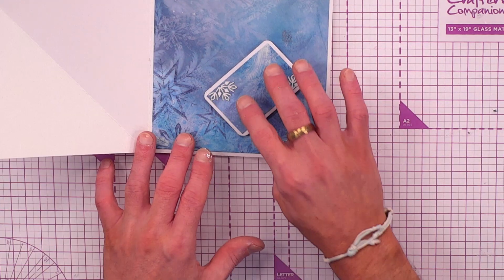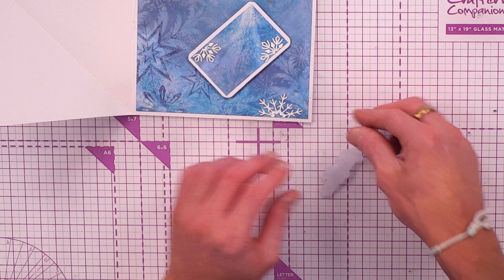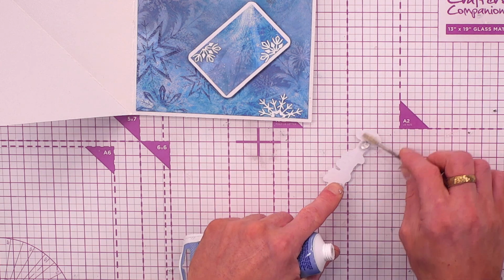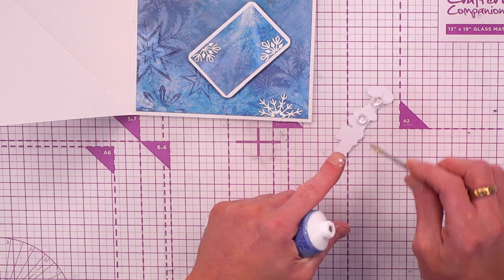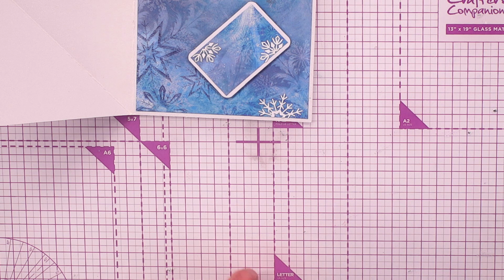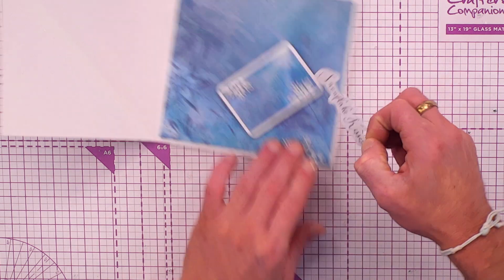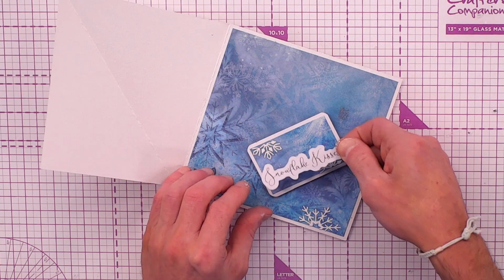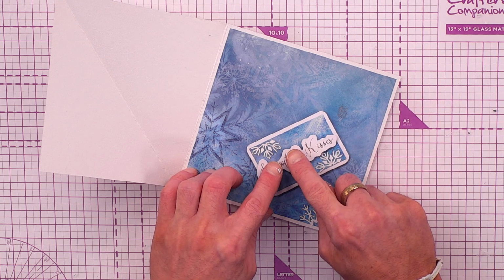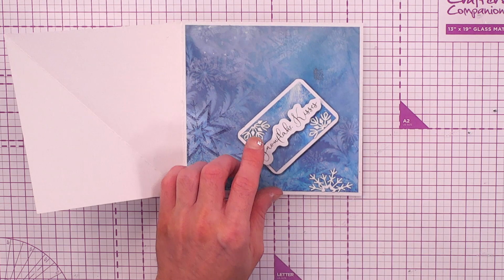And then I'm just going to open that up, and come back in with that little sentiment, and add more of my glue gel, and that's then going to pop into the back there to create a little bit more lift. Now, of course, this is glue gel, so you're going to have to let that dry before you send that off. But if I pop that one into place,